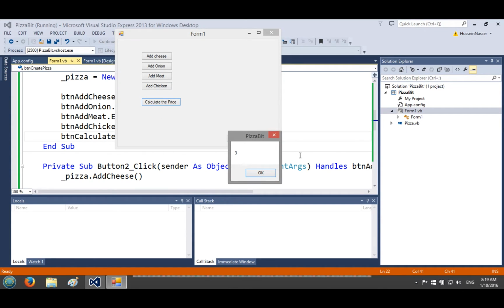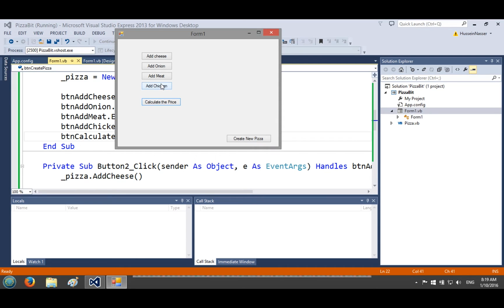I want to calculate the price directly. There's a flat fee of $3. I think this is the crust that we added, right? You can add chicken, add meat,